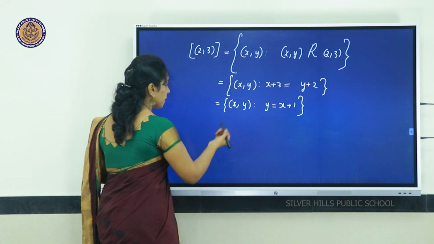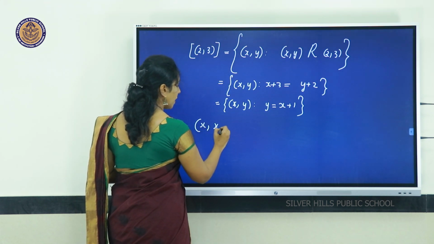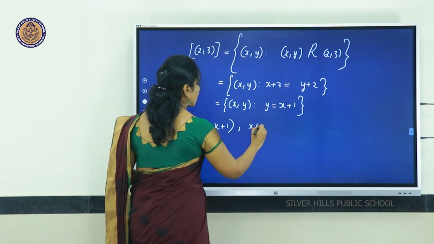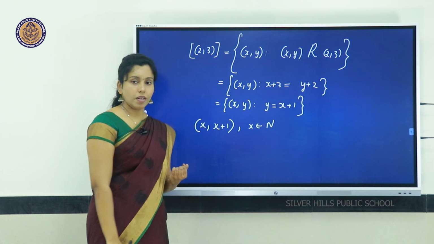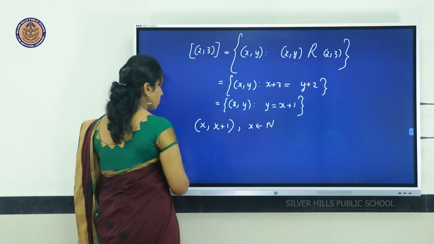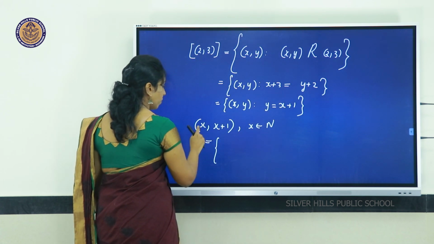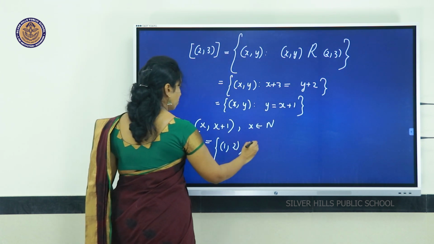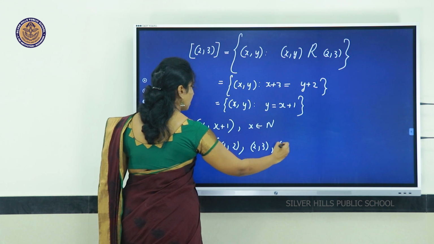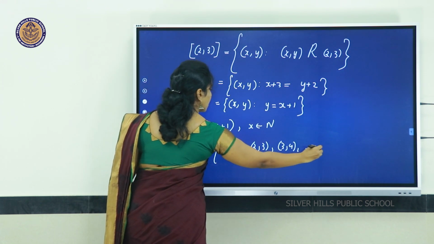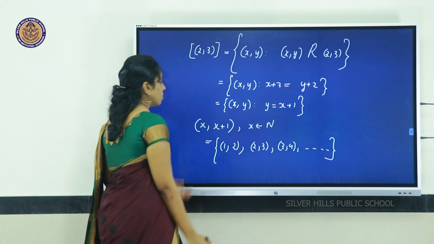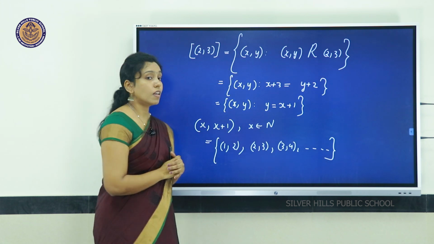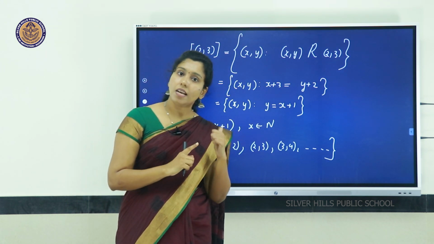So, that means I need pairs of this form X comma X, because Y is X plus 1. So, X comma X plus 1, where this X comes from the set of all natural numbers. So, what are the members? Give values for X, this is equal to. If I give 1, I get the first pair 1, 2. If I give 2, 2, 3. If I give 3, 3, 4, etc. It goes on. So, that is an equivalence class, that is equivalence class 2, 3, and that was the second